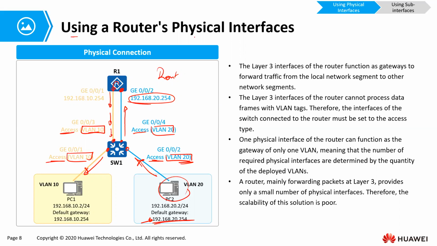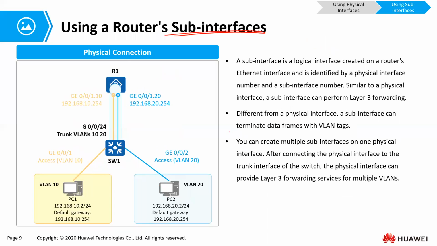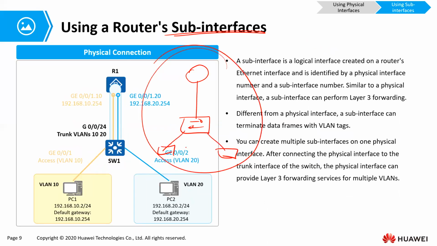So that is using the router's physical interfaces. There we have 2 physical interfaces. Now, we can also use logical interfaces that we call sub-interfaces. So with sub-interfaces, what we have is one router with one interface connecting to a switch that has several VLANs and hosts in the different VLANs. This is the physical setup. But logically, this one interface has been divided into 2 sub-interfaces. Maybe sub-interface 1.2 and 1.1.